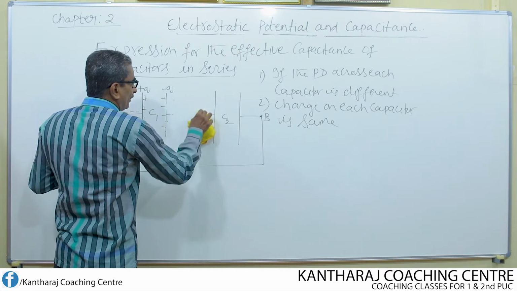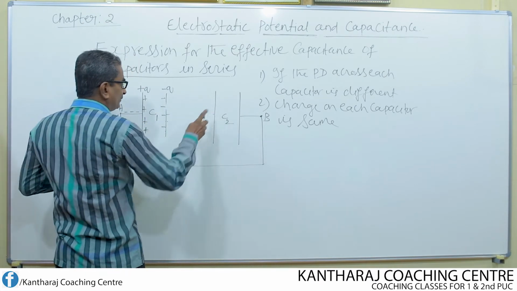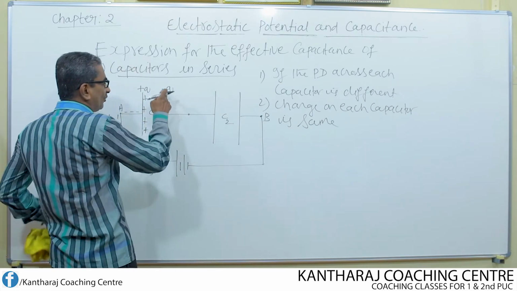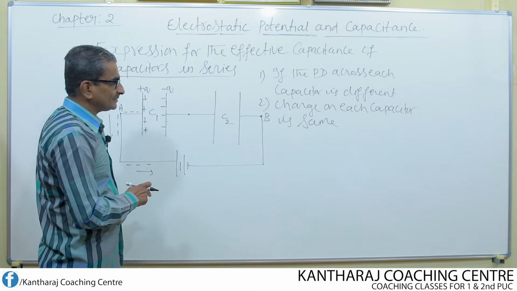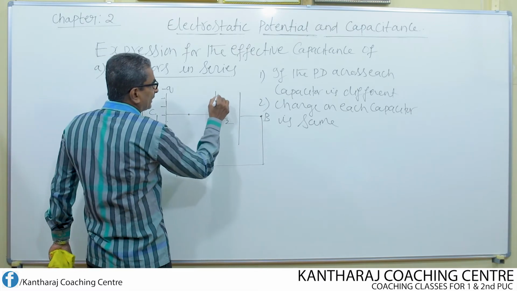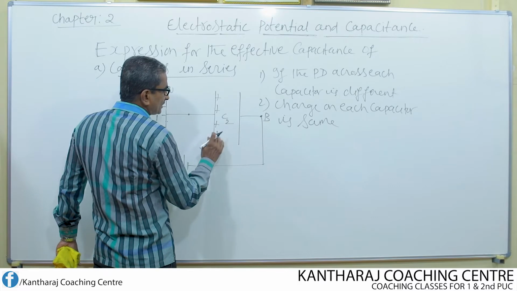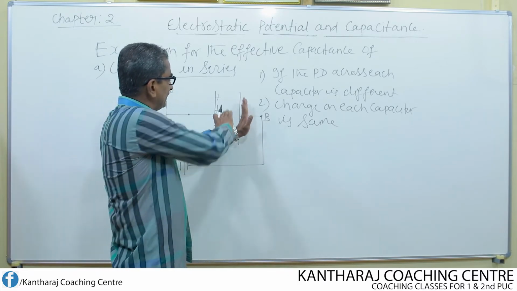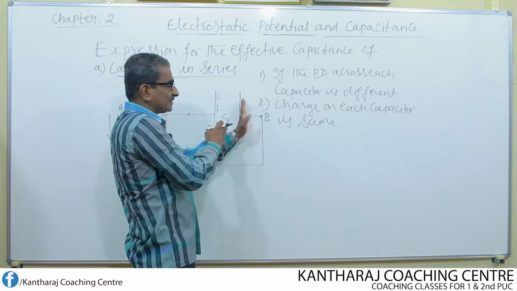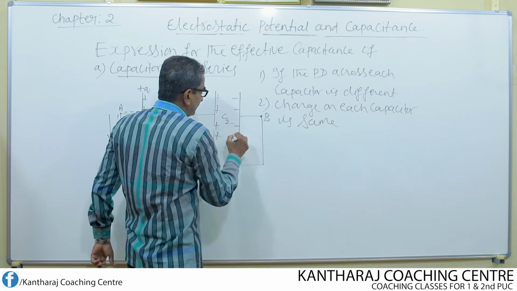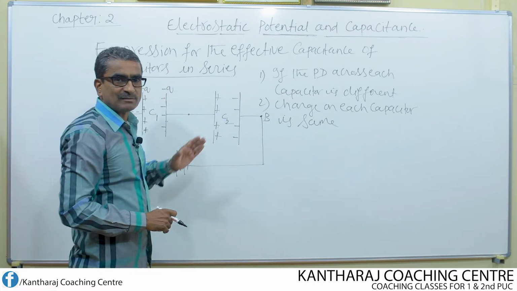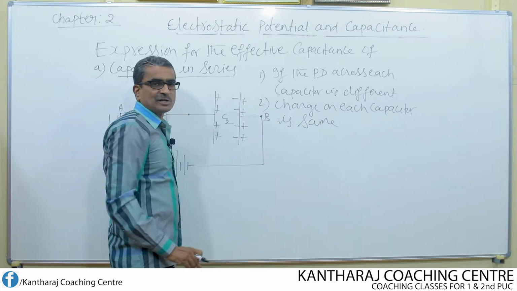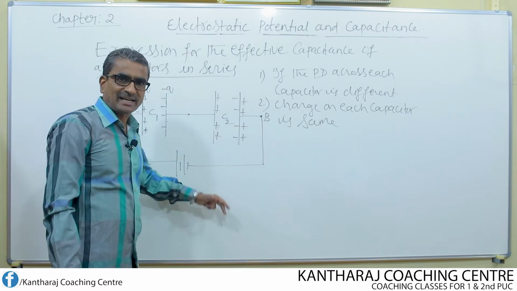So because of the motion of the electron from this plate to this plate, all the positive charges are neutralized. Now only negative charges are left. Now this, by losing electron, becomes positively charged. Again, the inner side of the second plate gets negative charge by induction, means due to charging by induction. The outer surface acquires an equal amount of positive charge due to charging by induction again.